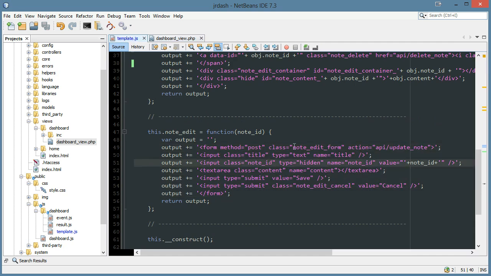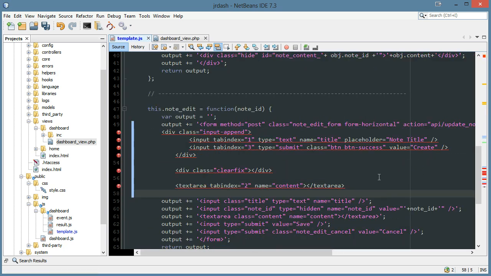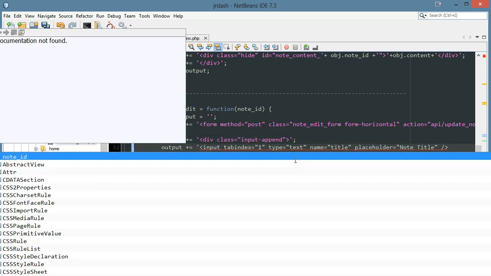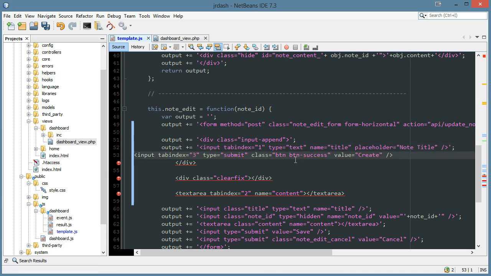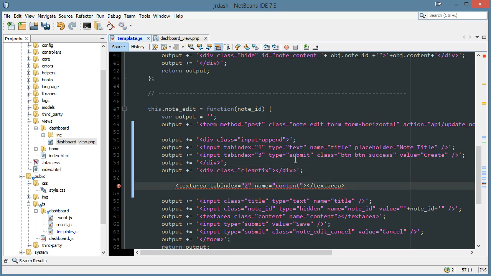So let's go ahead and add form-horizontal to it. And within here, I'm just going to paste in what I copied, and it'll break the JavaScript, but we'll fix it. I'll just copy output. And for our input, whoops. Notice I'm using single quotes because in HTML, most of the time you'll be using double quotes, and then we won't have a problem. Okay,